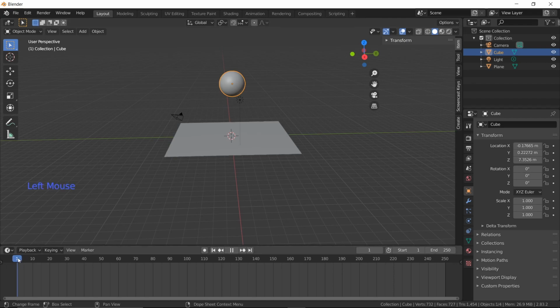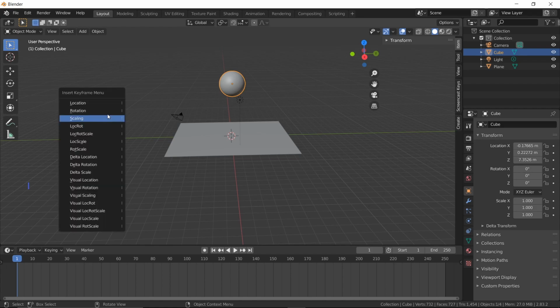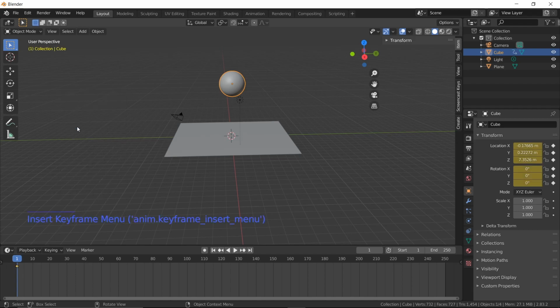So let's fix the first keyframe at this position. To fix a keyframe, press I. Then you have to select the type of keyframe. Most of the time it will be location, rotation or scale. Let us just select location and rotation. You can see in the timeline a yellow colored diamond appears. This represents a keyframe.